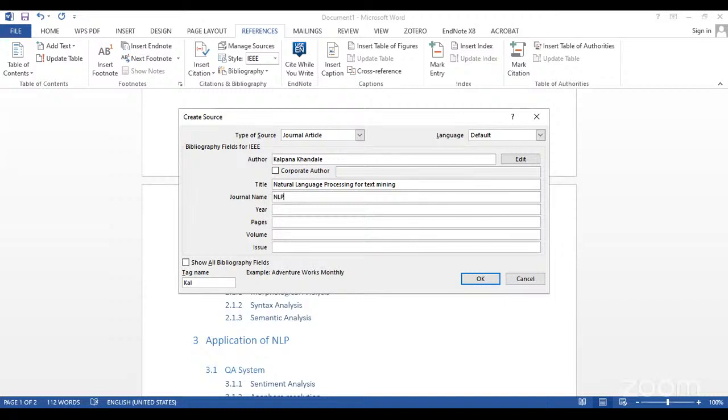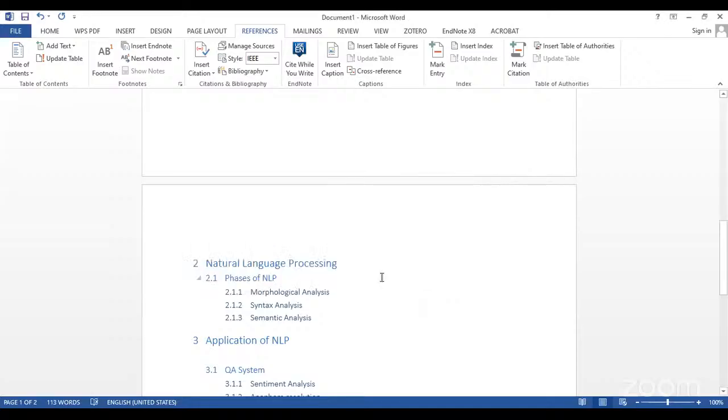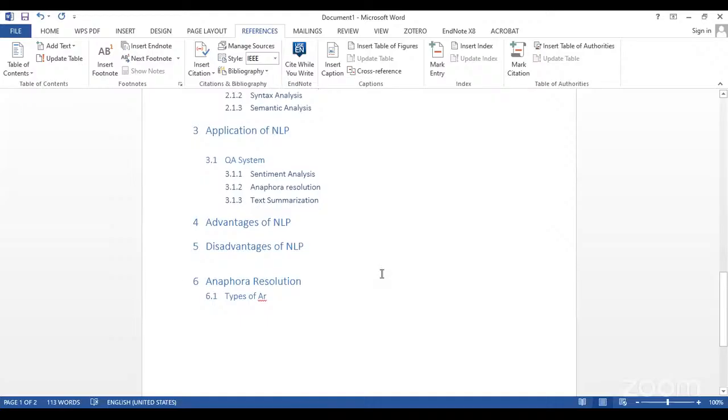Journal name NLP, for example. Here I have put the year 2026. After that, pages 25 to 29, volume 18, for example, and issue 5. Okay, I click on OK, so my citation will be added.